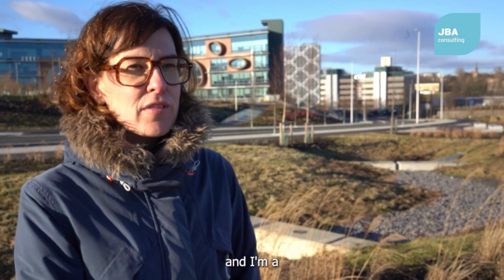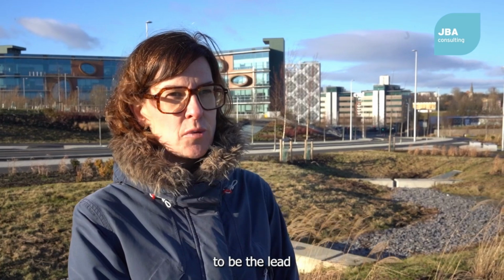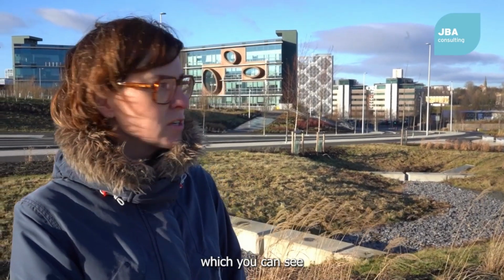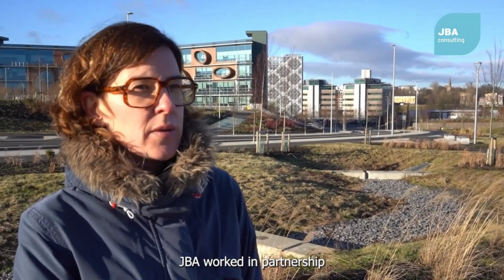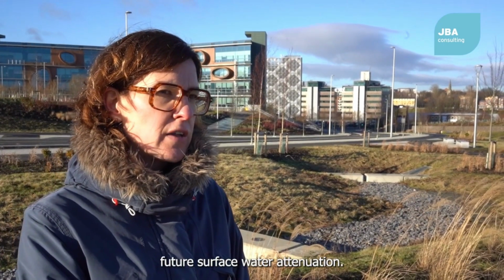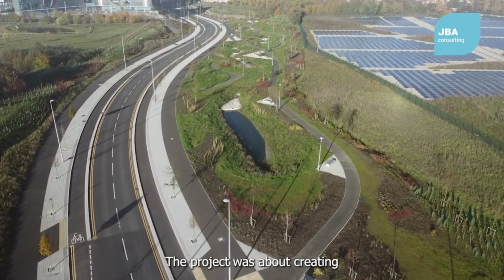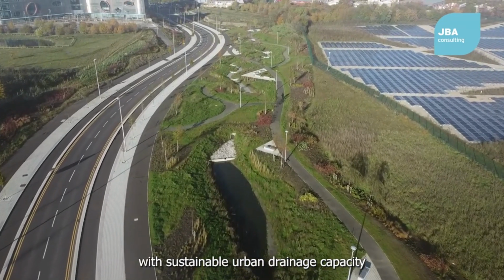Hi, I'm Helen Smith and I'm a Technical Director in Landscape Architecture at JBA, and I was lucky enough to be the lead on the design for the Gateshead Baltic Quarter blue-green corridor, which you can see standing within now. JBA worked in partnership with Gateshead Council to design a climate-resilient blue-green corridor to take surface water and provide future surface water attenuation. The project was about creating a multifunctional green corridor of soft drainage features with sustainable urban drainage capacity